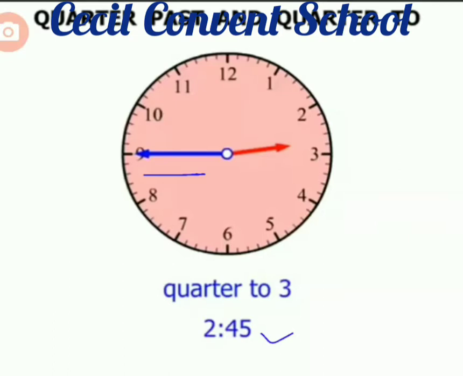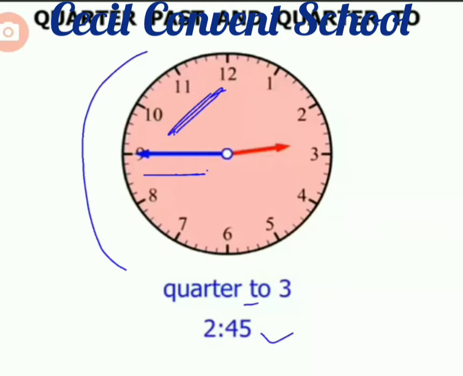Now if I want to write in the second form, how can I write? As I told you, this is called the minute hand, and if it is between 6 and 12, we consider the word to. Clear? It means that only 15 minutes are left to become 3. See how much time is left to become 3? It's 2:45, and if I want to approach 3, how many minutes are left? Only 15 minutes left. So we will write it 15 minutes to 3. Or 15 minutes means what? 15 minutes means quarter. You can write 15 minutes or quarter, it is the same thing. Quarter to 3, because only 15 minutes are left to approach 3.